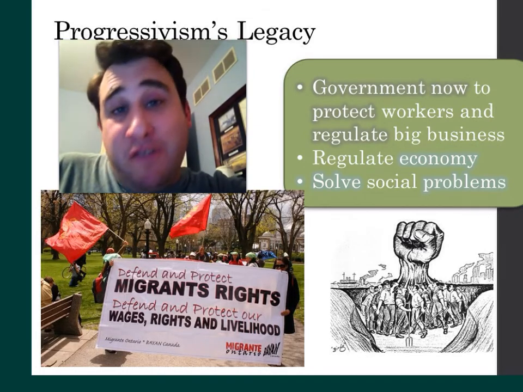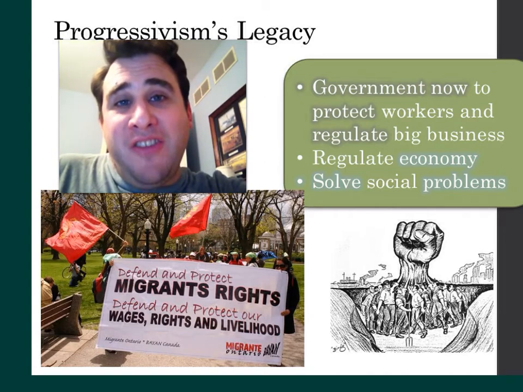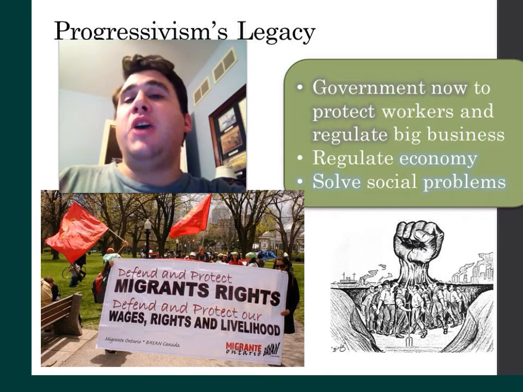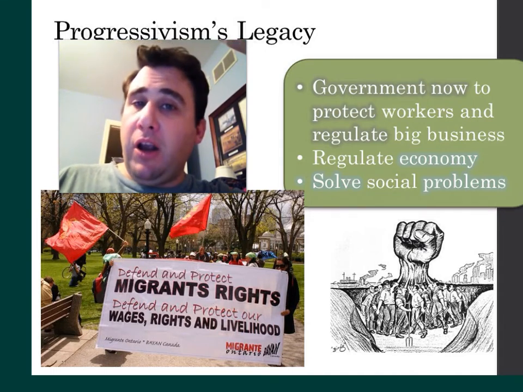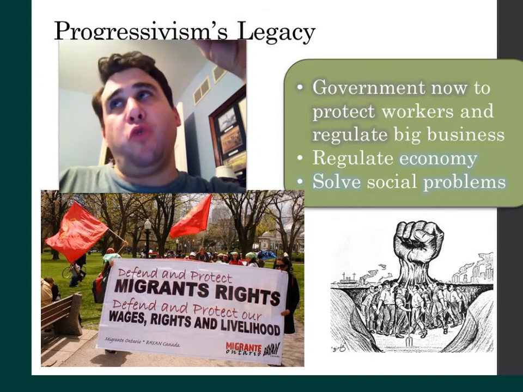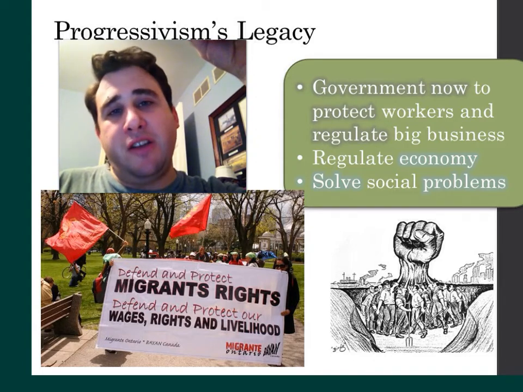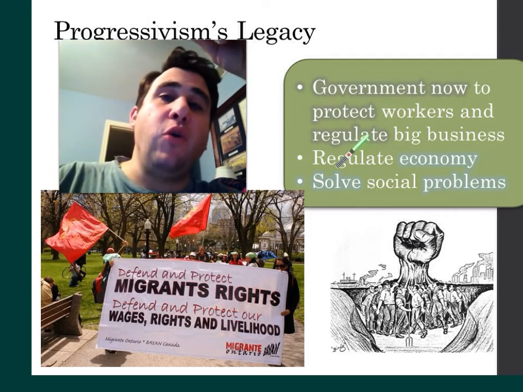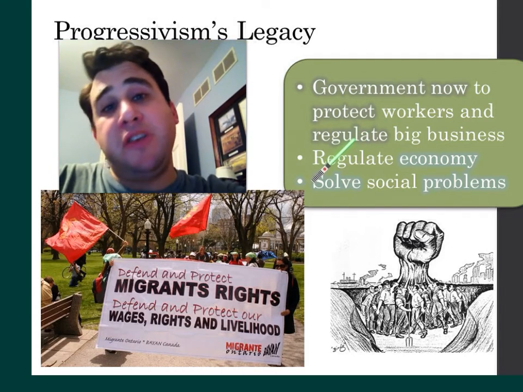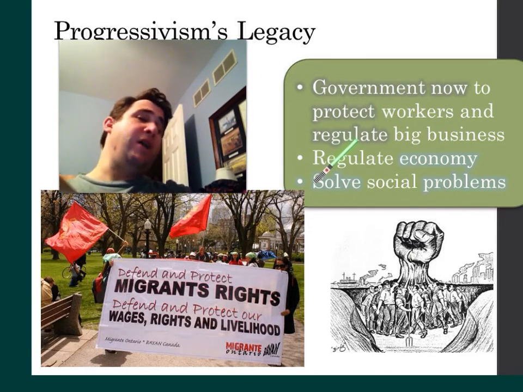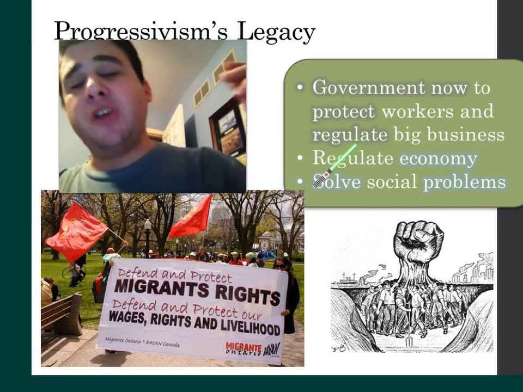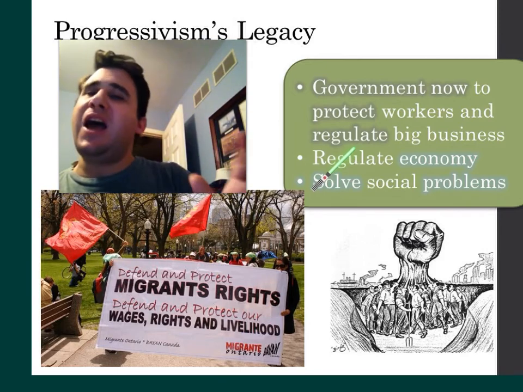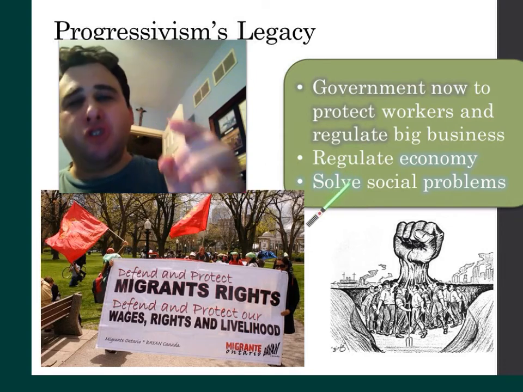And be that as it may, even though there are still some child workers out there, I think it's safe to say that we can really judge the legacy of progressivism as we approach 1920 here in America. As we get through those first 20 years of the 1900s, what we can see is that the government of our country is now definitely going to take steps to protect workers and regulate business. The question from this point forward, from 1920 all the way to the present day, is how much? How much should we protect workers? How much should we regulate business? Not should we, it's how much should we?